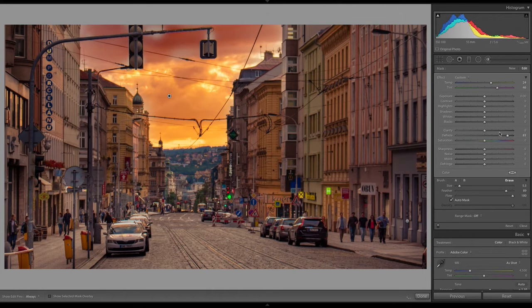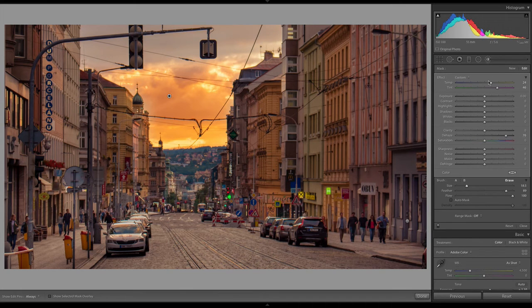Now, sometimes what I like to do is crank it up a lot, but look at how distorted this is starting to look, especially up here. It's starting to look pretty wonky. So I've got to be careful about that. I don't want to do dehaze too much. Or maybe what I want, because I do like the clouds down here, is to use a different brush for the clouds up at the top. So I'm going to take my eraser, actually turn off auto mask so it's just selecting everything, and I'm just going to paint over or erase up there. I'll do another brush up there to affect those clouds.